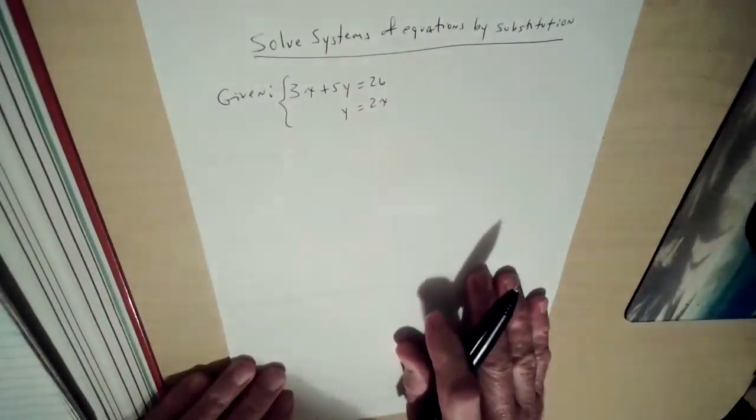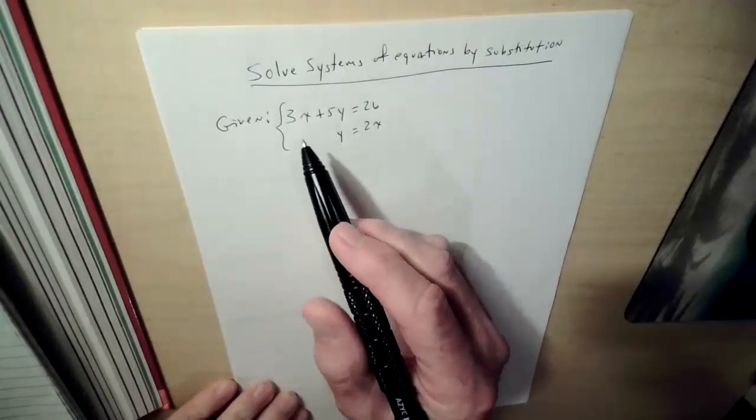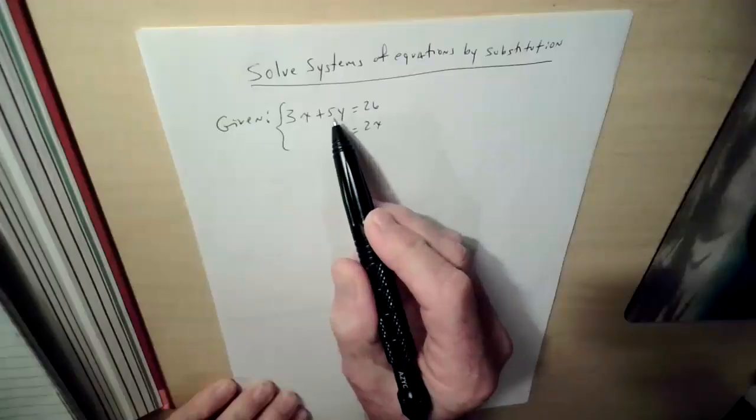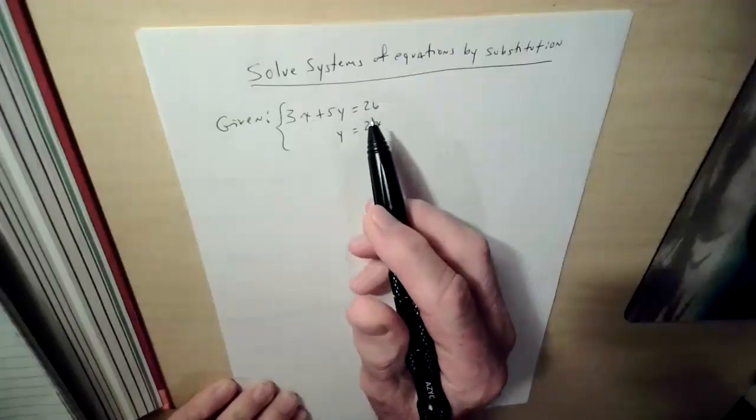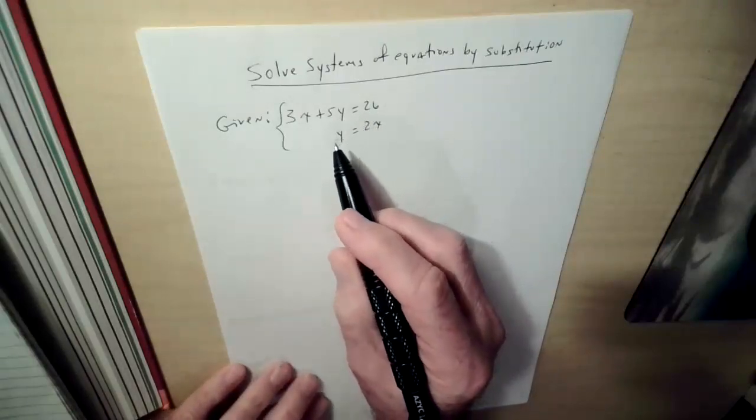Okay, we talked about this one a little bit last time, and that's solving systems of equations by substitution. Oddly enough, we're going to substitute one value in for the other. Remember, when we have two variables, an x and a y, a and a b, whatever, you cannot solve anything unless you